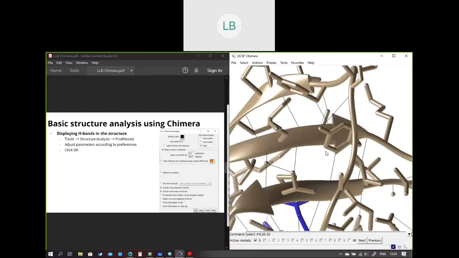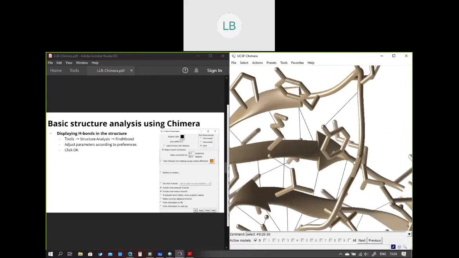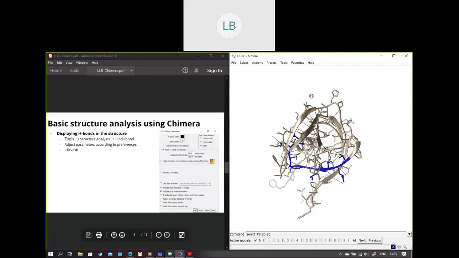Apart from this, if you have more than two structures, where two proteins are interacting with each other, we can use this tool to find out where exactly the interaction is taking place through hydrogen bonds. So this is a useful tool to find out where exactly the hydrogen bonds are being connected. So this is one of the structural analysis tools. We'll just declutter everything. We'll open the structure again. So this was one of the structural analysis tools.